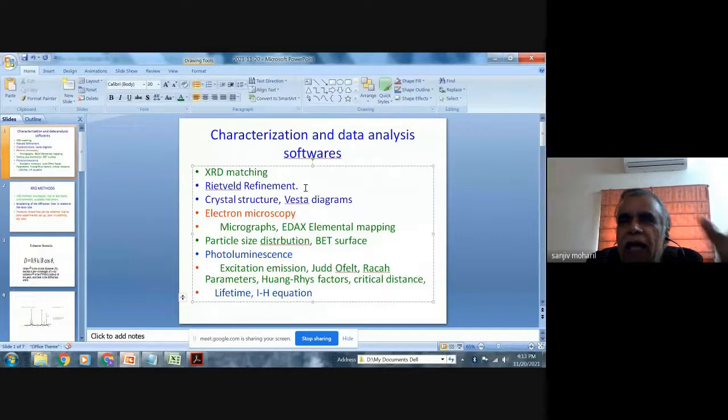standard data and our data, and then we square these differences, and then we vary the lattice parameters, etc., and the atomic positions, so that by the least square fit method, when we add all these squares, this sum we minimize, and this minimization is done in terms of several parameters like a, b, c, angles, theta, and so on and so forth.